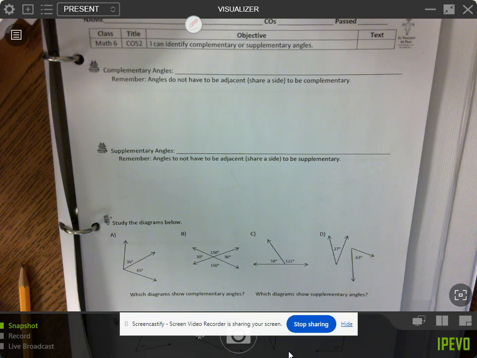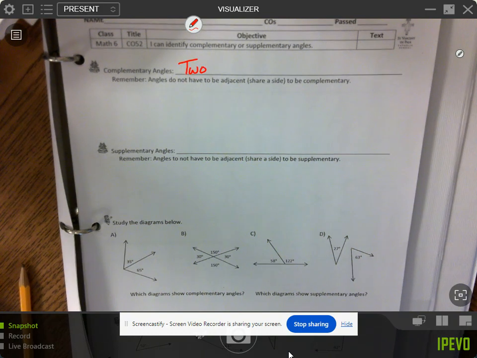Does anybody know what a complementary angle is? Did we learn this in 5th grade? Okay, sometimes Mr. Robinson gets to it and spends like half a class period on it. Sometimes he does not. So a complementary angle are two angles